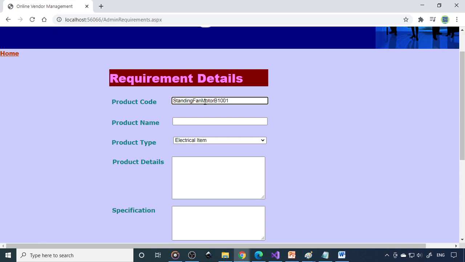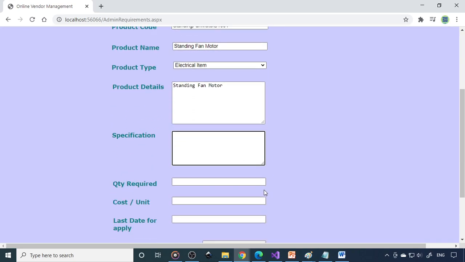B1001. Okay, there is a product code. So product name, this we can expand. So you need to write the complete details here. Specifications, the engineering specification sheet is there, that we need to write.